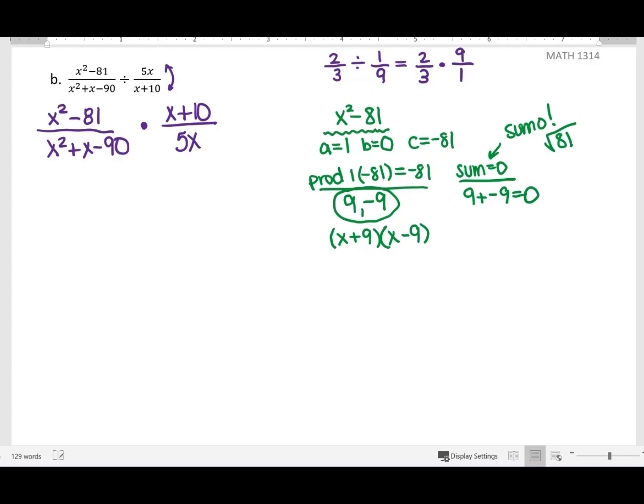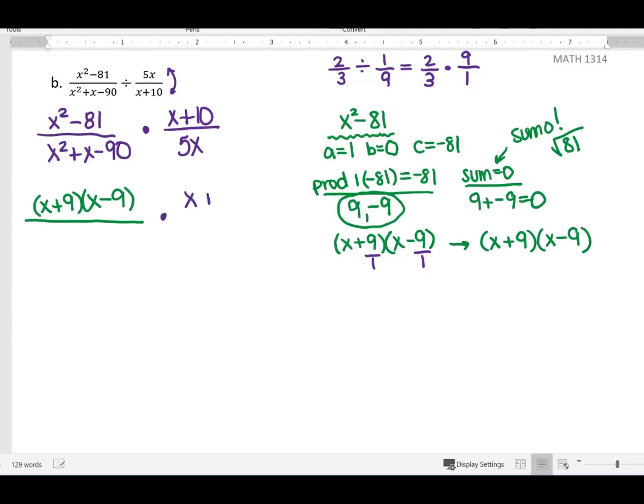Since we're doing bottoms up method, remember that you would divide by a. But that doesn't get us anywhere because both those 9s divided by 1 still get us back to 9. So our first numerator is going to factor into x plus 9 times x minus 9. I'm going to write down my second fraction, and then we will factor our first denominator. So we have x squared plus x minus 90, and we need to factor this guy out